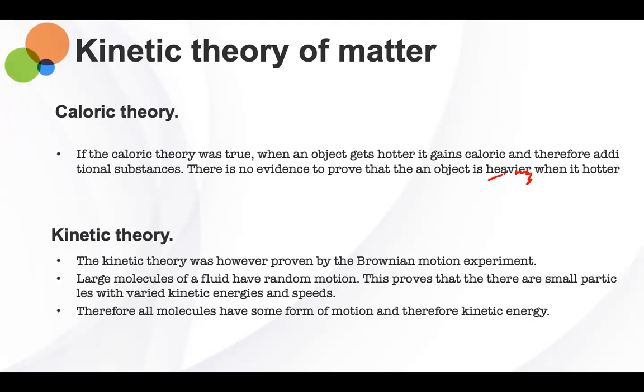Mr. Brown, the person who came up with the experiment, observed light coming through a window. Like in your bathroom, you're looking through the window and you see some small particles, right? Like when the sun shines, or when you use a flashlight. And when you're looking at the particles, you see that they're moving randomly